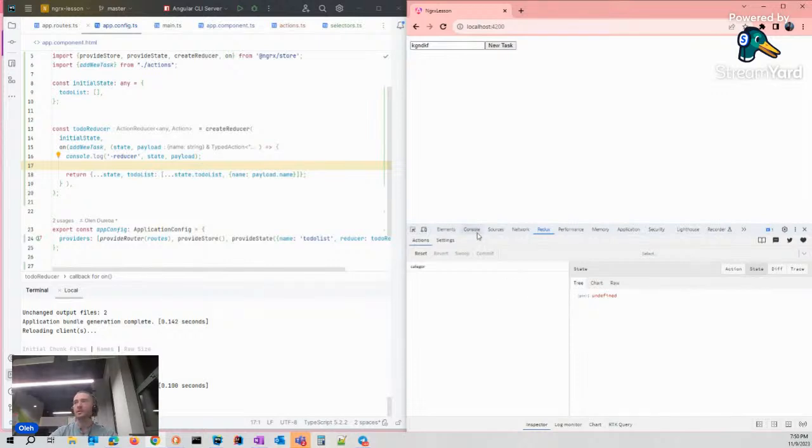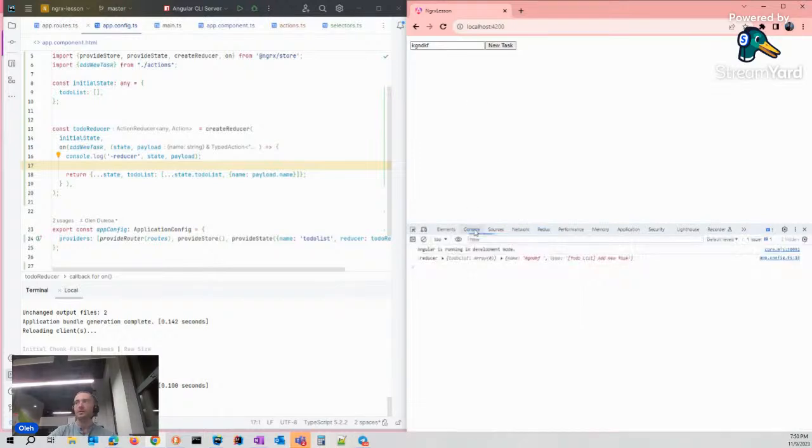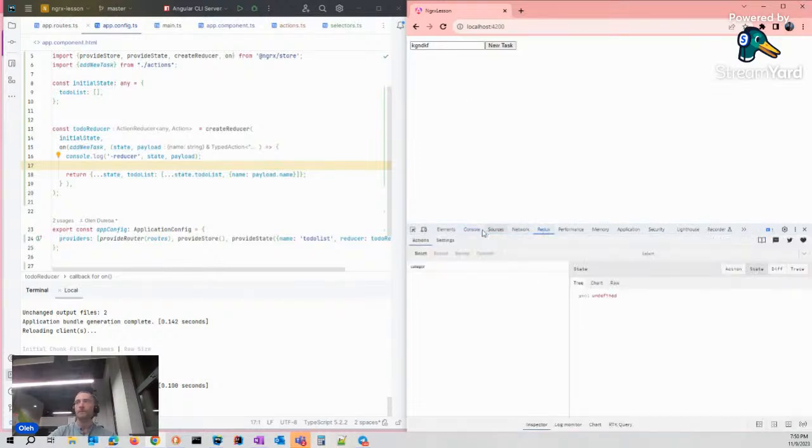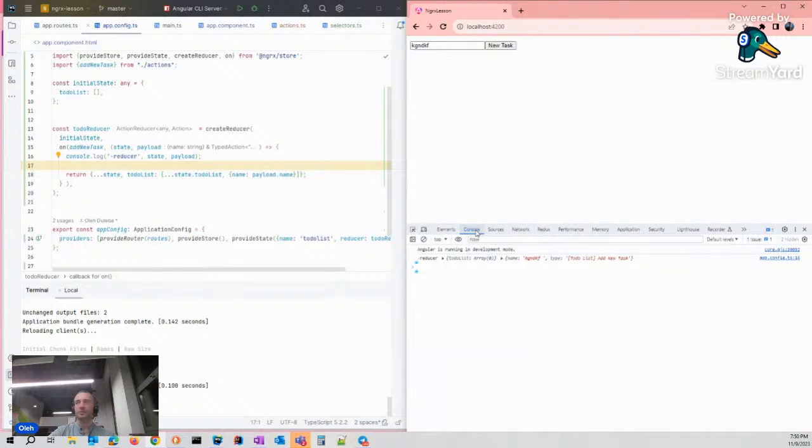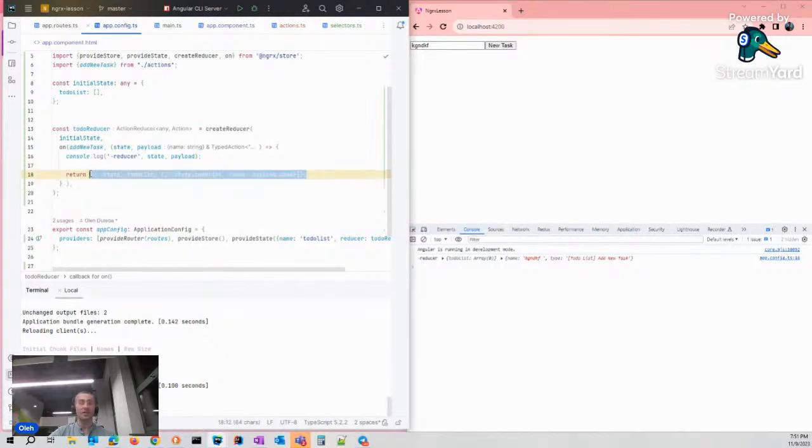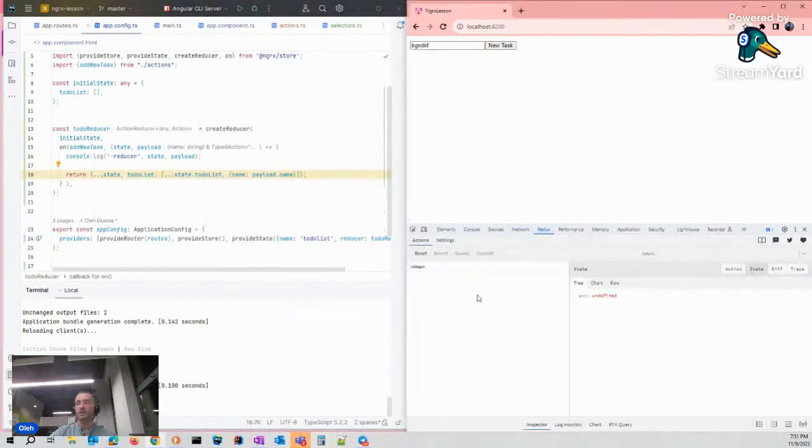Redux doesn't work because I haven't connected my application to the DevTools extension. One moment. We created and handled this action, and something changed. But what was changed, we can't see because our dev tools haven't reflected our changes for now.